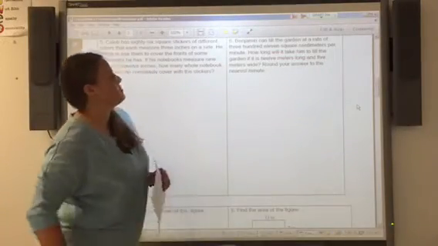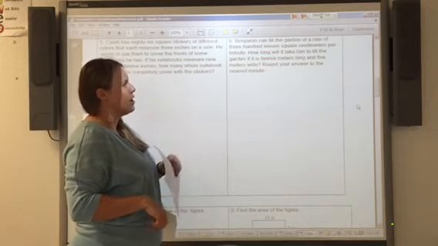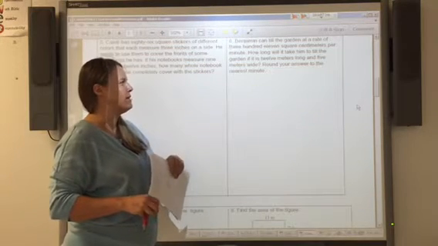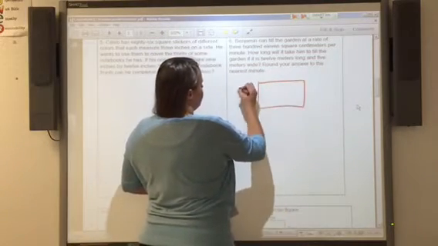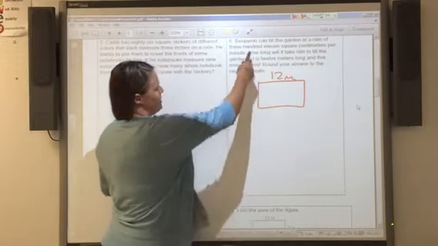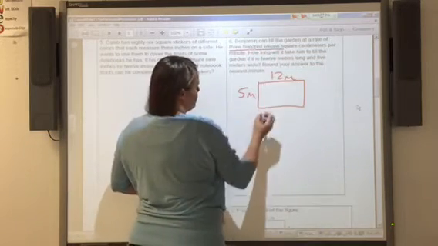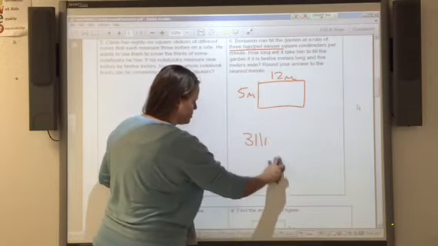Okay, so Benjamin can till the garden at a rate of 311 square centimeters per minute. How long will it take him to till the garden if it is 12 meters long and 5 meters wide? So I'm going to first get my garden drawn. 5 meters long, 12 meters wide. And I can till the garden at 311 centimeters